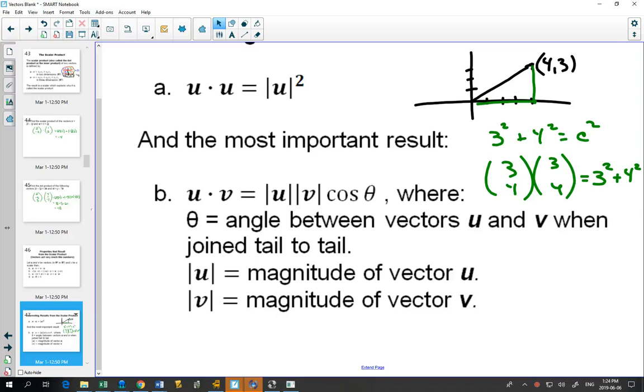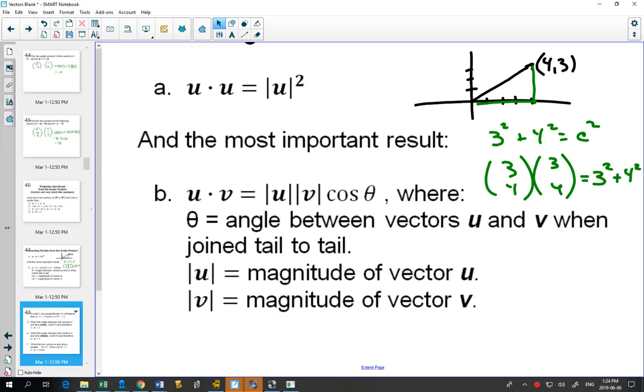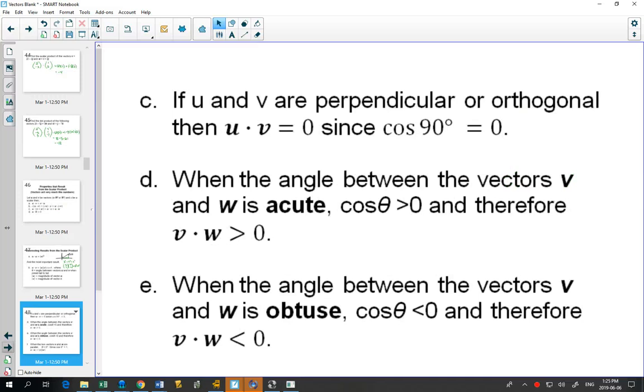This is related to the cosine law. One of these years I'll go into a long, elaborate proof of why it works. But for today, we're going to play around with this. So what does that tell us? If the dot product is equal to the length of u times the length of v times cos of the angle between them,